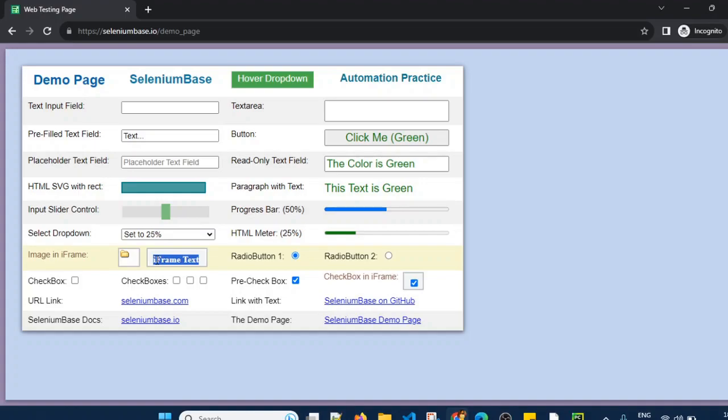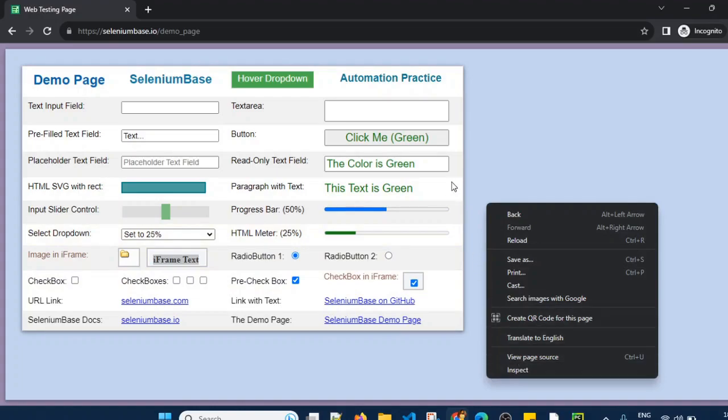And another action I want to do is click on this checkbox which is present inside another iframe. So this is our main web page in which there are three iframes: 1, 2 and 3. How to confirm whether they are iframes or not? What we can do is simply inspect the element,